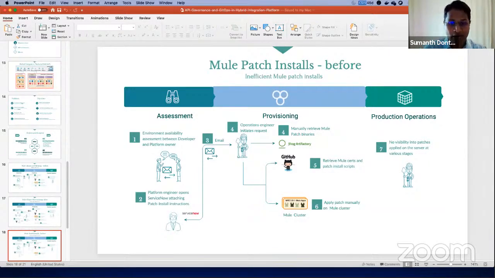Whatever the requirement is, we collected that and made sure that it is scalable. We also want to keep track of what previous patches we installed, so we store all of that in a central place in Git. In Git we know all the patches we applied in the 3.9 version, or all the patches we applied in the 4.x version, and as and when we get new patches, we add to that repository. That is the essence of this patching, and this was the main problem from the operations point of view, because this was all manual work. So it used to be weeks, now it's hours and days.